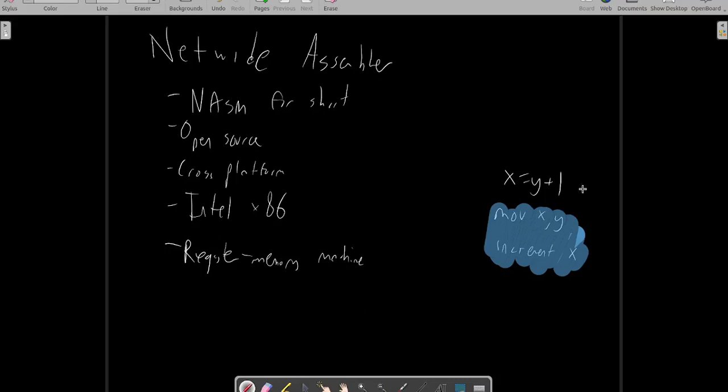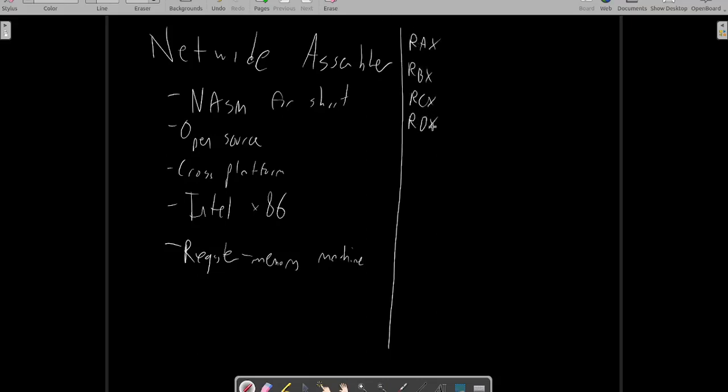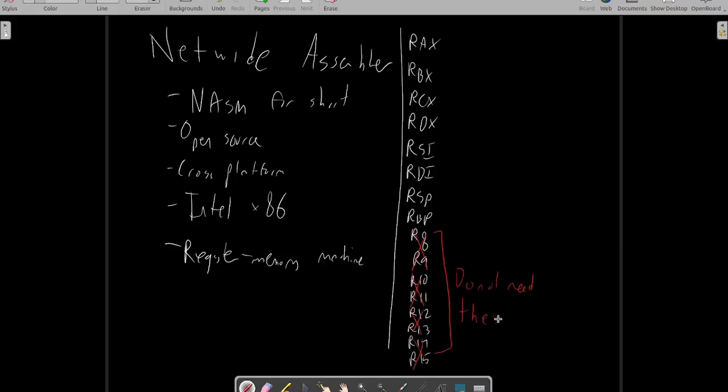We still have access to a call stack in x86 assembly, but we'll primarily be using the registers for computation and the stack for storage. There are 16 so-called general-purpose registers available to us in a standard x86 assembly program. These are RAX, RBX, RCX, RDX, RSI, RDI, RSP, RBP, R8, R9, R10, R11, R12, R13, R14, and R15. Though for our particular use case, we won't need any of the numbered ones, we'll manage just fine with the first 8. Each register can store a single 64-bit value, usually either an integer or a pointer to some location